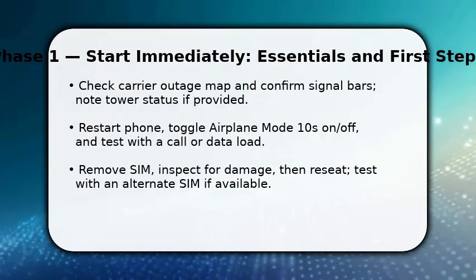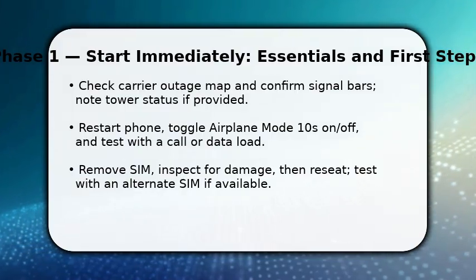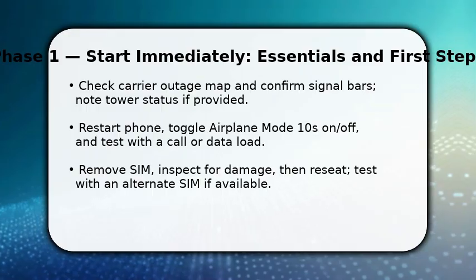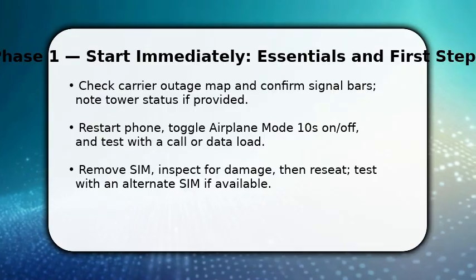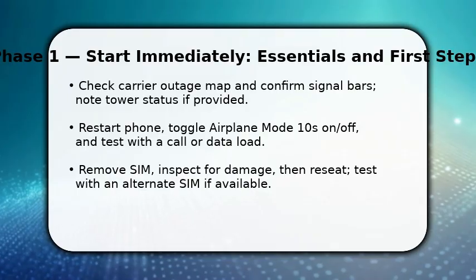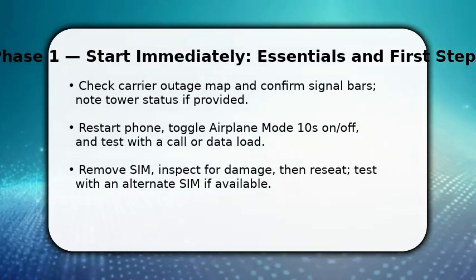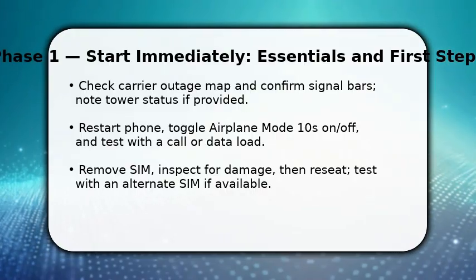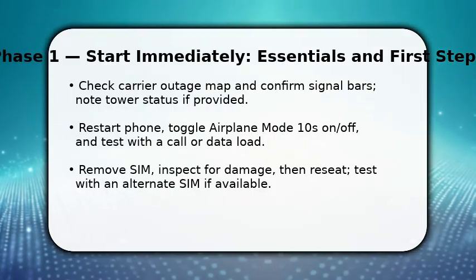You start with the essentials. Verify your carrier's outage status so you don't chase phantom problems, then act. Restart the phone and toggle airplane mode for 10 seconds to force a fresh radio handshake. Once done, remove and inspect the SIM, look for cracks or corrosion, and reseat it cleanly because a poor contact often mimics network loss. If you have a spare SIM, swap it in briefly to separate SIM faults from radio